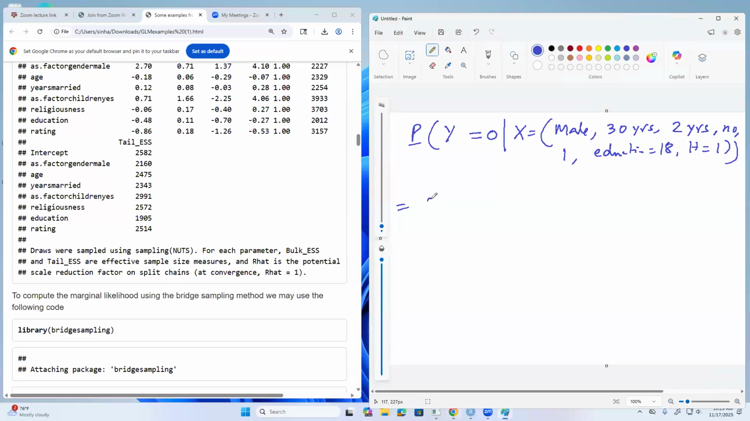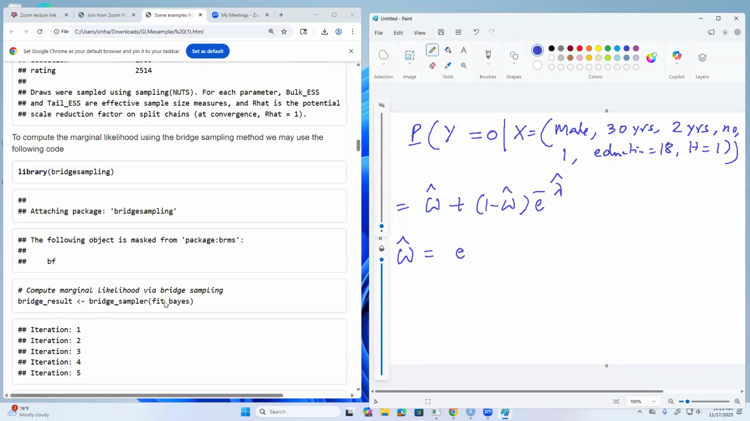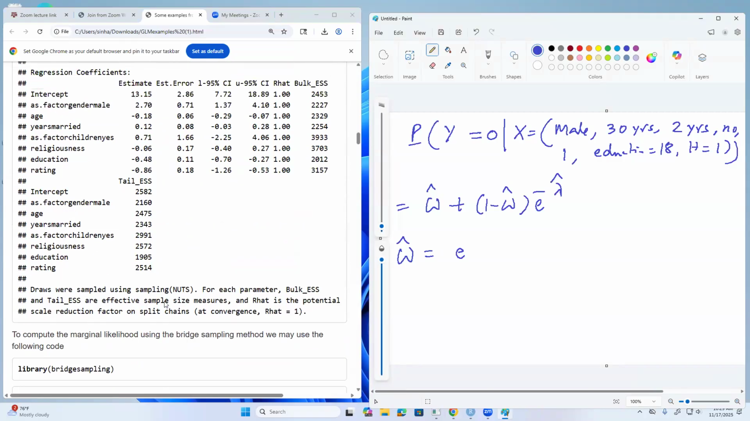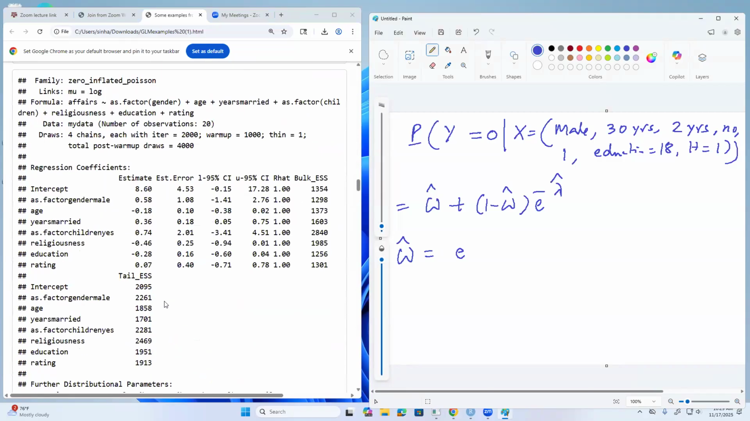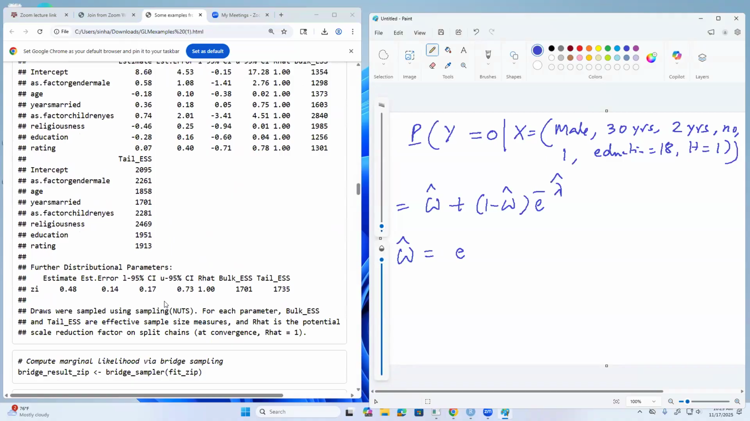So it is omega plus 1 minus omega times e to the power minus lambda. What is omega hat? Omega hat is e to the power, this is the Poisson model, and then the zero inflated Poisson model is e to the power 0.48 divided by 1 plus e to the power 0.48, and lambda hat is e to the power beta 0 hat,